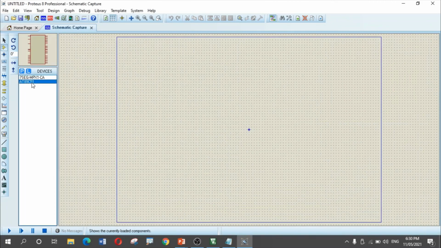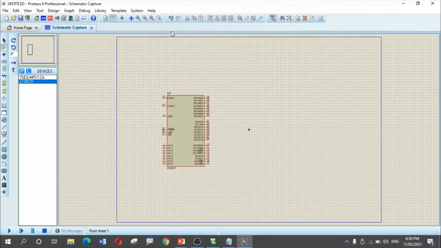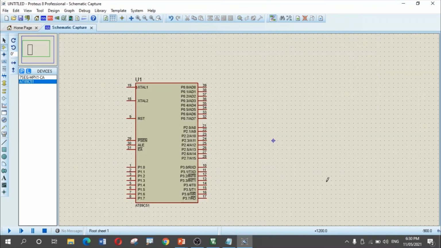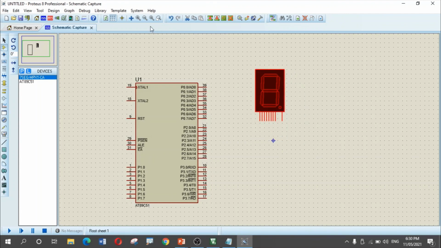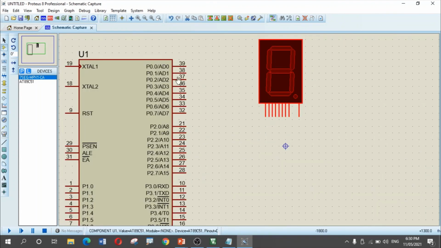Click the 89C51 IC and double click here so that it gets placed. Now let me zoom it so that it is properly visible. Now click the 7 segment display and place it here. Now this 7 segment display is to be interfaced with port 2 pins. So I will click P2.0 and connect it to the A segment.